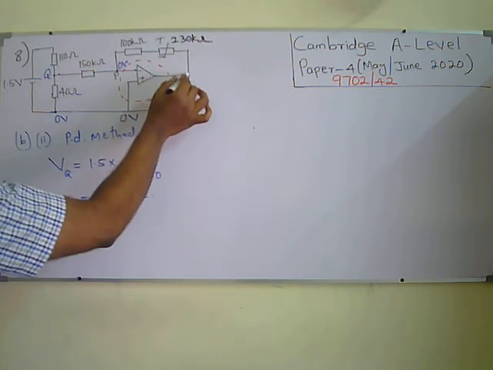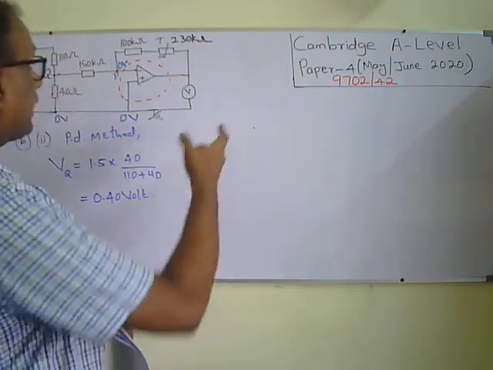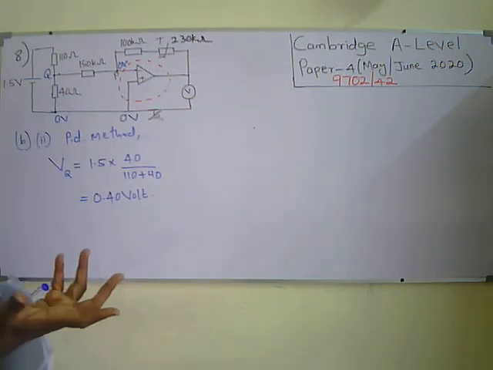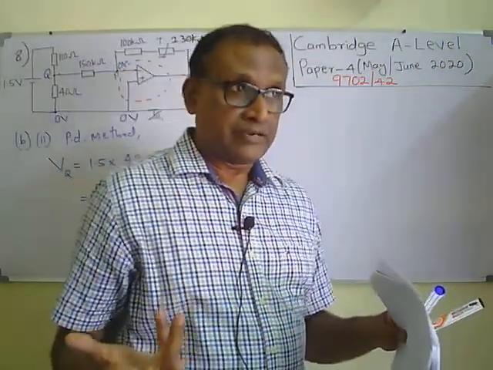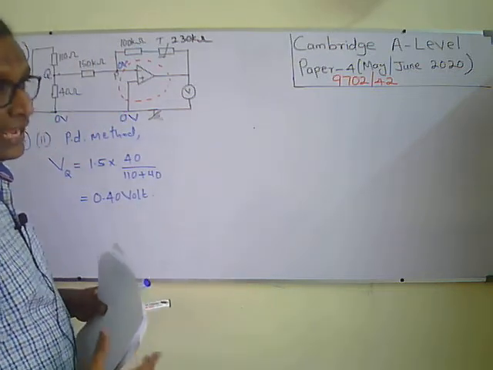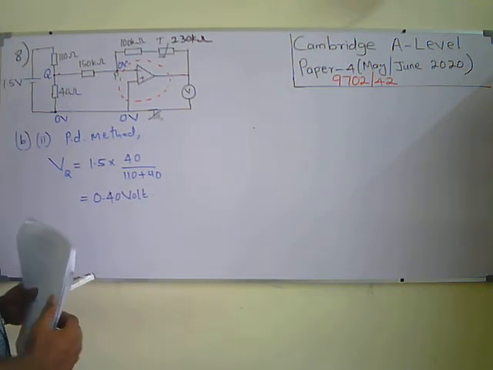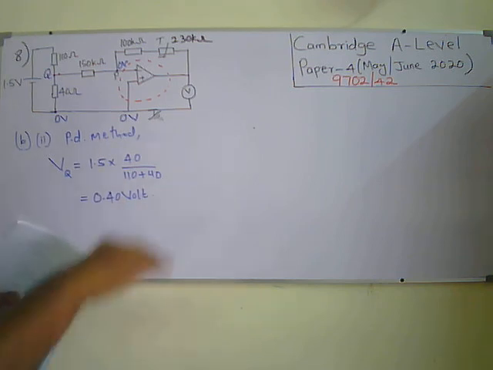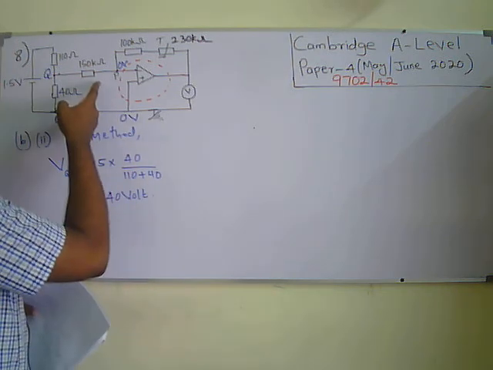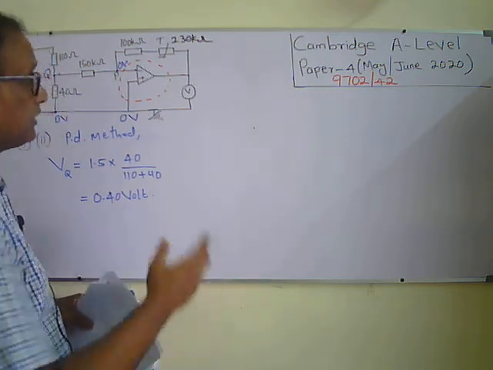So you know that there's negative feedback. Negative feedback means a fraction of the output is fed back to the inverting input. During negative feedback, there are some advantages. The stability increases, and the change in gain due to temperature or frequency will all be stabilized. Also, you can reduce the gain, because open loop gain is infinity, which means even a very small voltage can drive it to the saturation region. You would have learned those things. To avoid it, we should have negative feedback.